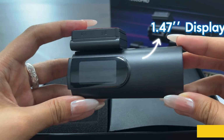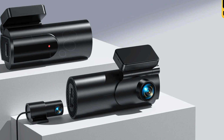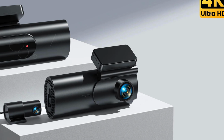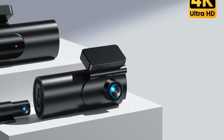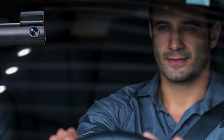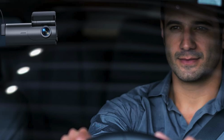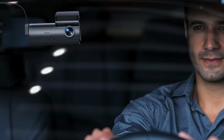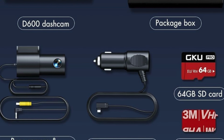Designed with user convenience in mind, the D600 features a discreet, behind-the-mirror mount that minimizes obstruction while driving. Installation is straightforward, suitable for both novice and experienced users alike. Moreover, its heat-resistant build and support for up to 256GB microSD cards ensure durability and ample storage capacity for extended